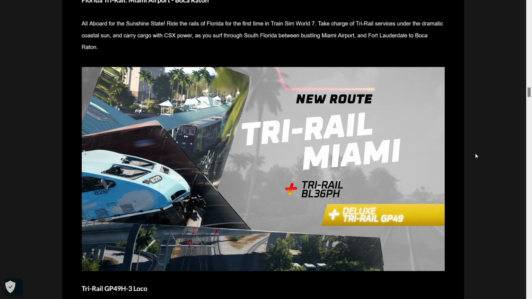Next up, US core route, Florida Tri-Rail, Miami Airport to Boca Raton and Fort Lauderdale. I have been begging for a US route in Florida for years. I lived in Florida for a year, and I've been really wanting to see a Floridian route. I was hoping we would get Brightline Miami to Fort Lauderdale, but honestly, this might even be better than that, because